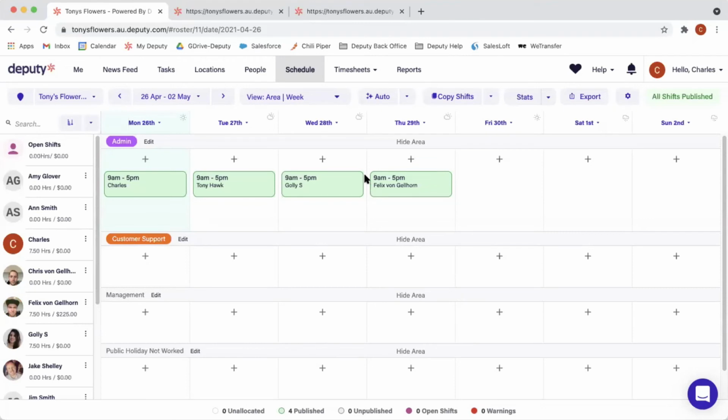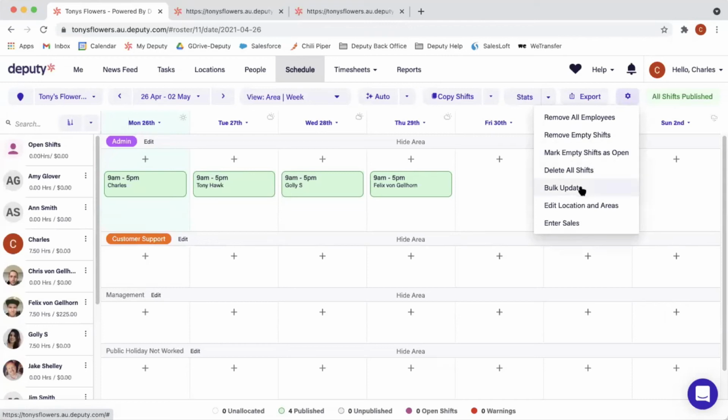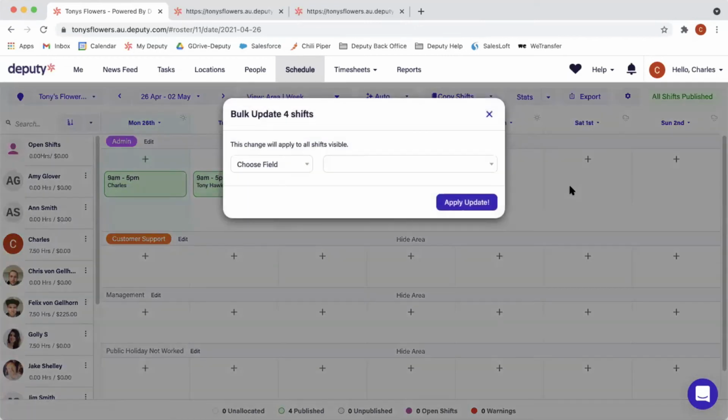So imagine you want to take all of those 4 shifts and you want to move them from the admin area to, say, management. Right? One thing you can do is go to bulk update. And then there is the bulk update. Now, one thing that's extremely important about bulk update, and probably the most important information before using bulk update, is